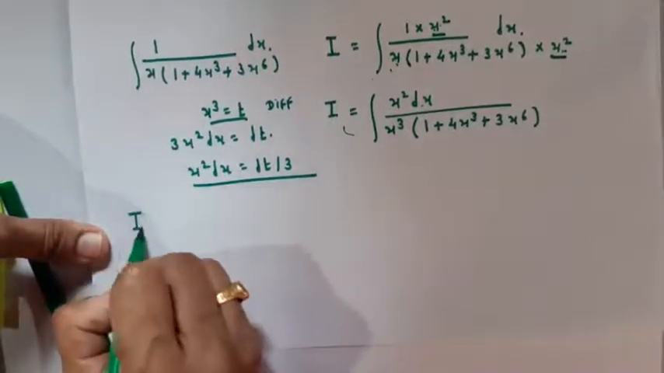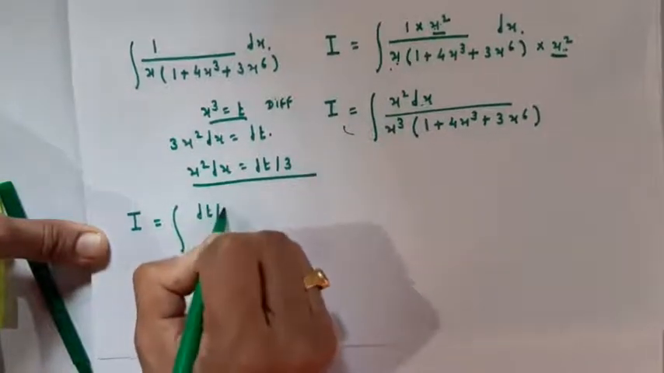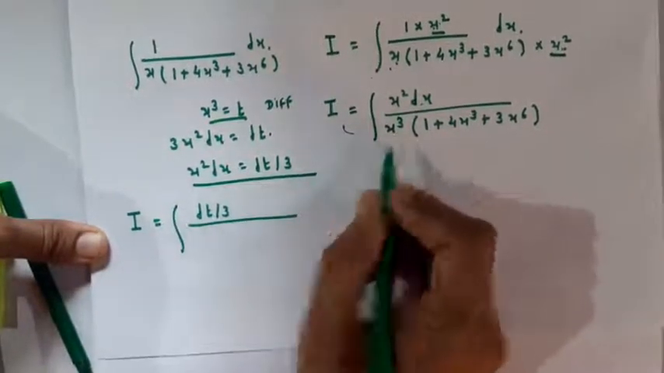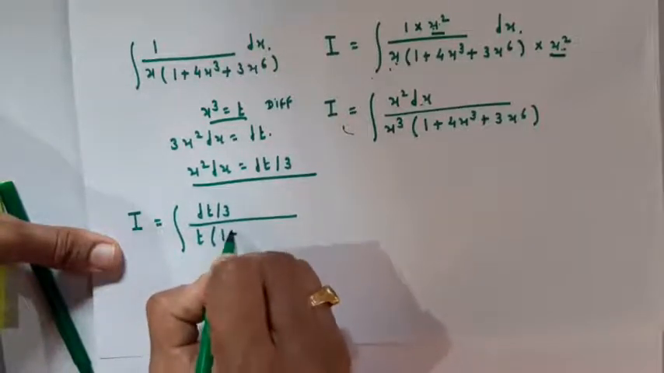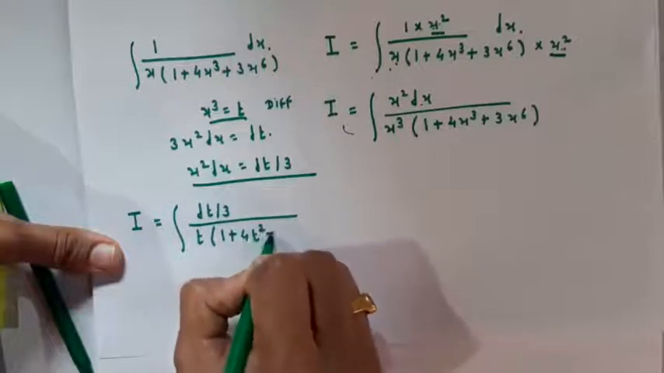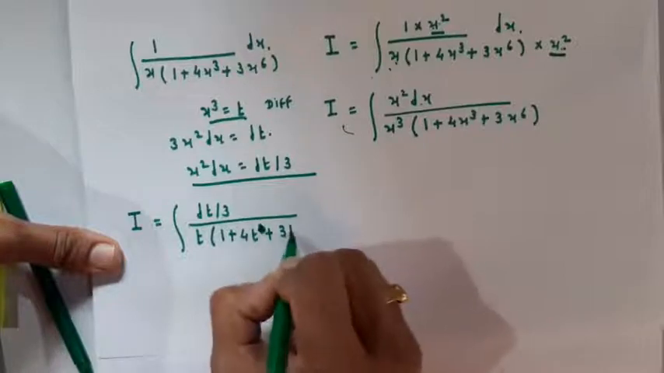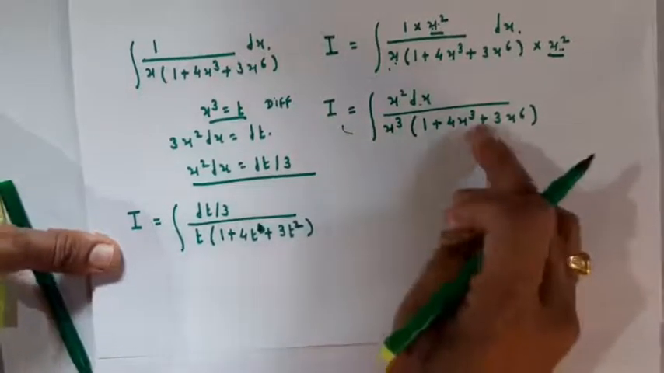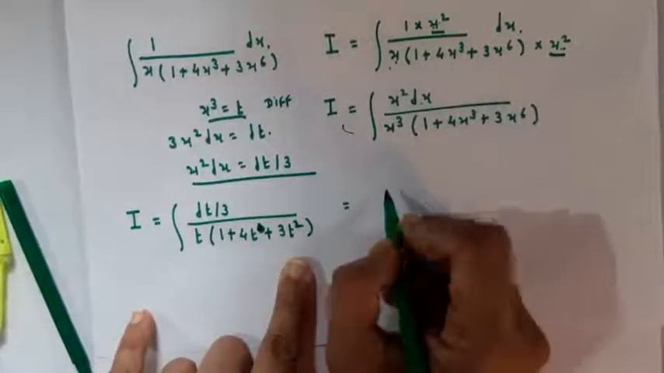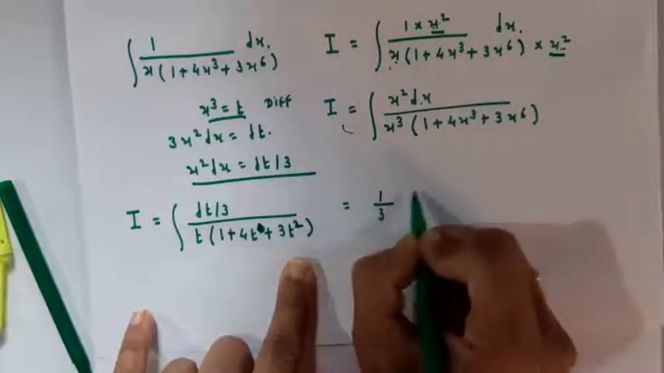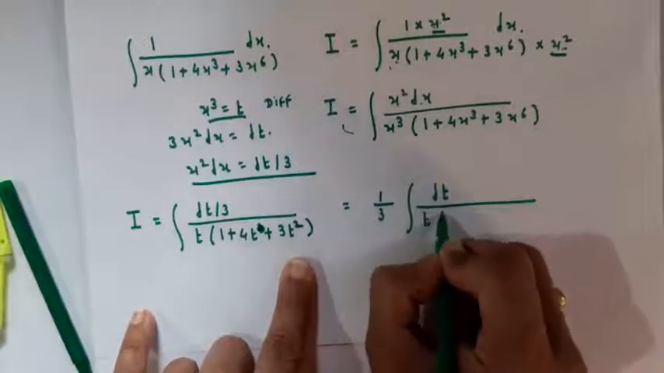And hence the integration I equals x square dx equals dt upon 3, where x cube is t. This is 1 plus 4t square plus 4t plus 3t square, since x cube is t and x raised to 6 will be t square. Now this is equal to 1 upon 3, taking it outside as a constant, dt upon t into